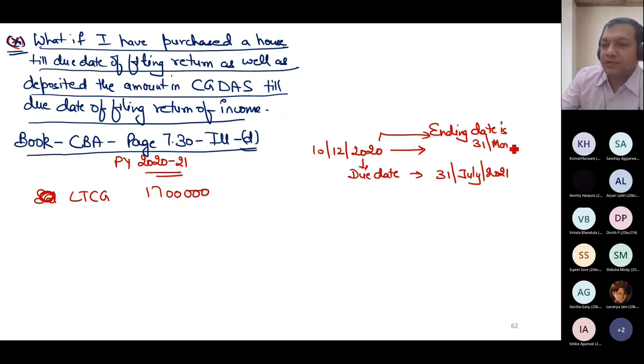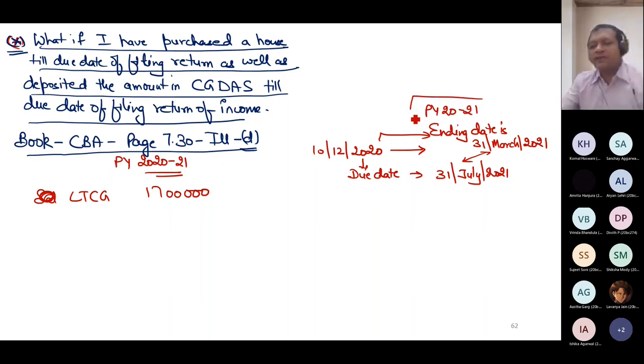31st March 21. So the government gives me around 4 months extra where I can compile all the information of the previous year 2021, and 4 months are sufficient. Till 31st March 2021 I might not compile the information of income earned during 2021, but 4 months are given, and in 4 months I have to submit the record to the government in the form of return of income. Now, the rule of section 54 says that you purchase or construct within the time limit or you deposit, but I did both the things.